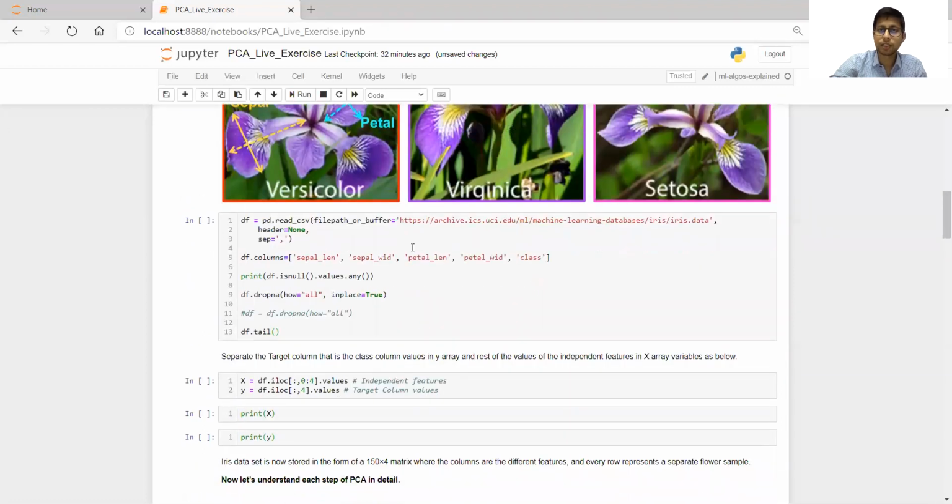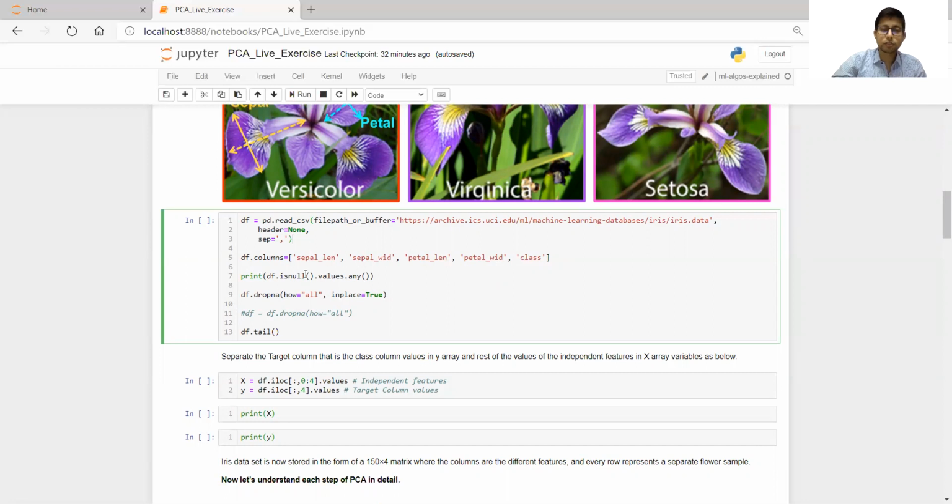So let me start importing the dataset and creating a data frame and then start the session. This iris dataset is available at this URL. So I'm importing the dataset from this URL directly, and of course giving header equal to None, so by default there won't be any column names available, and the separator is comma. And then I'll be creating some columns on top of that: sepal length, sepal width, petal length, and petal width. And the fifth one is the class, which tells which type of plant this is.